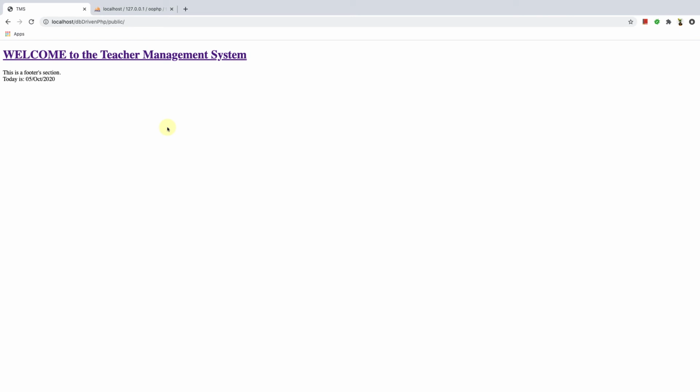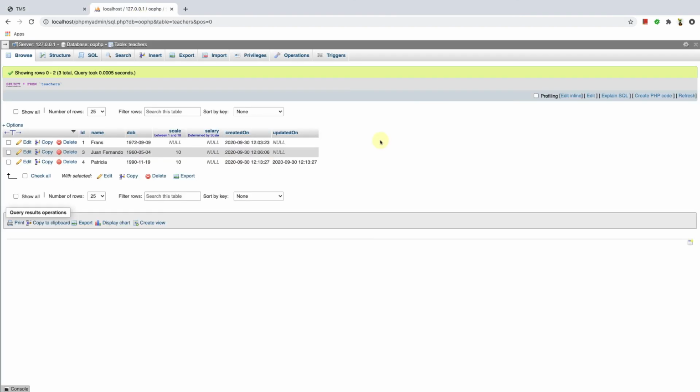It's a teacher management system, in which I'm querying a teachers table at the database level. If you're more interested in the database layer, we'll be working with this specific teacher table at the database layer. So here, as you can see, is a very simple table with an auto increment column,